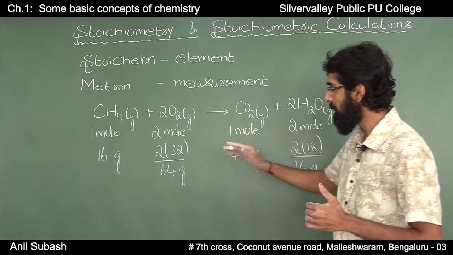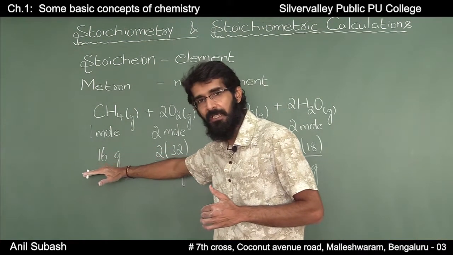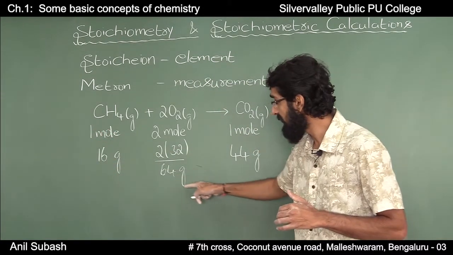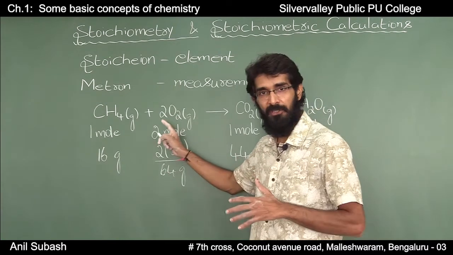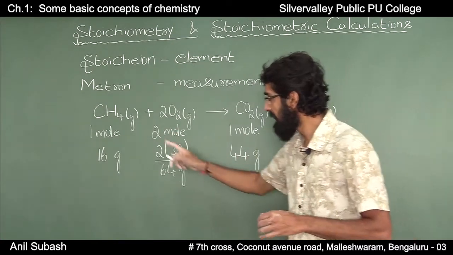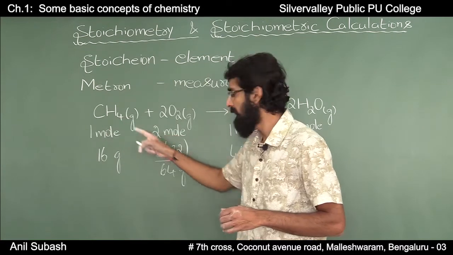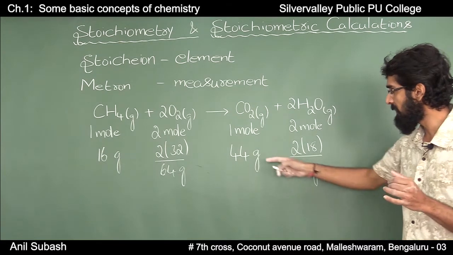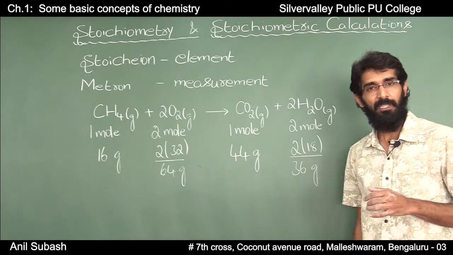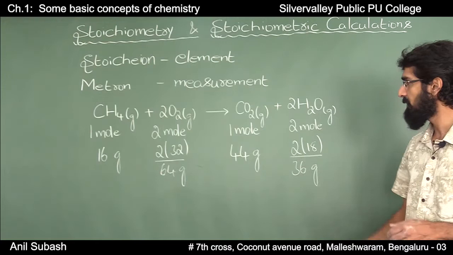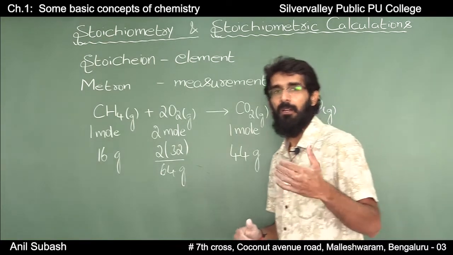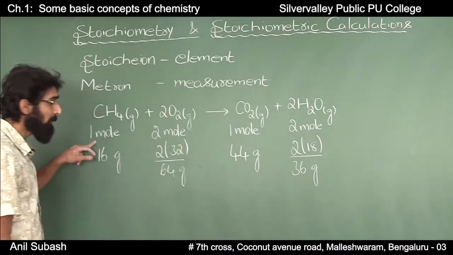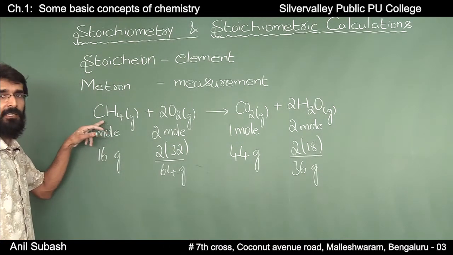That is, for complete combustion of 16 grams of methane, you require 64 grams of oxygen. And when 16 grams of methane combined with 64 grams of oxygen, it produces 44 grams of carbon dioxide and 36 grams of water. Or we can also put it in this way, 1 mole of methane, we all know